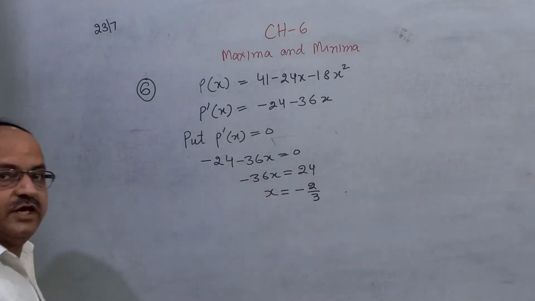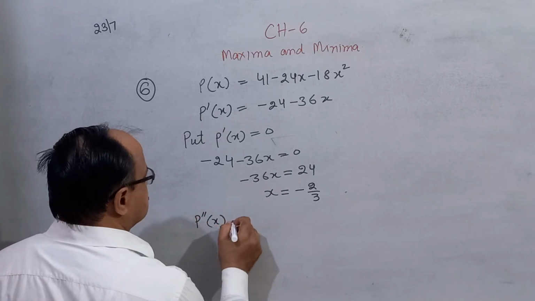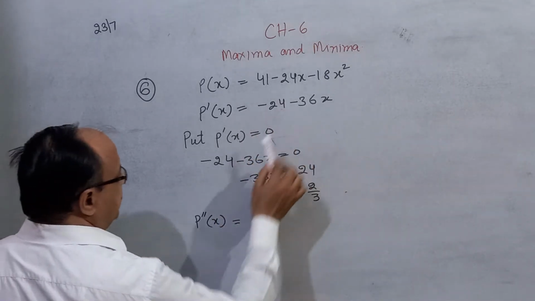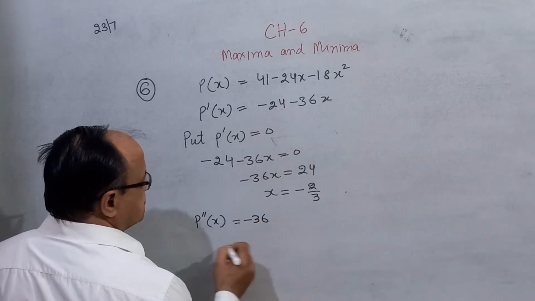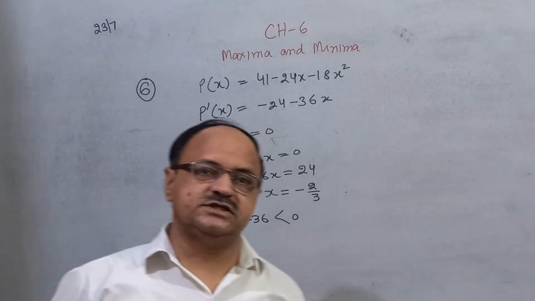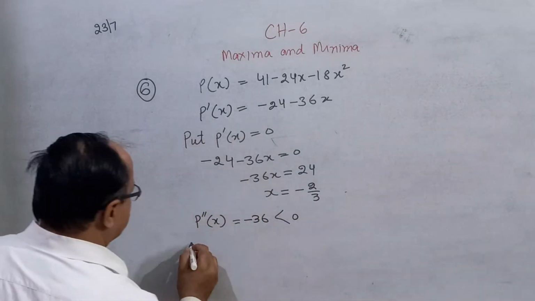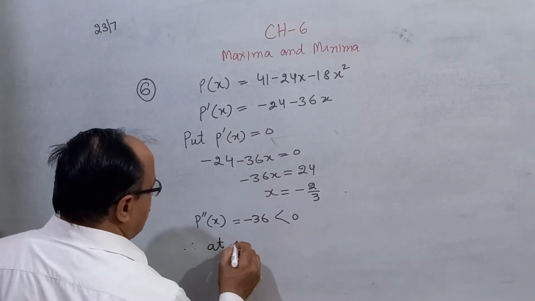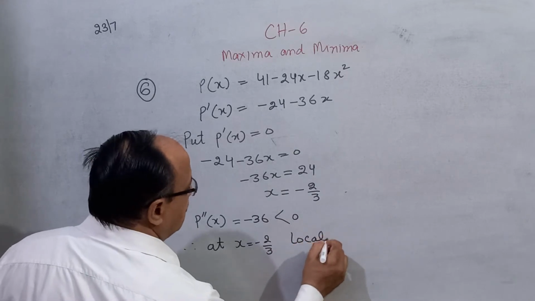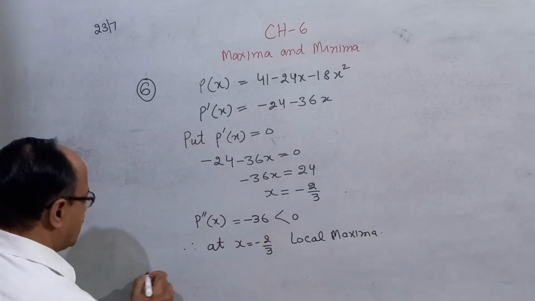Now find second order derivative, that is P double dash x. Second order derivative of this: the derivative of constant term is 0 and the derivative of this is minus 36. Therefore it is less than 0. If second order derivative is less than 0, it means maximum. Therefore you can say at x is equal to minus 2 by 3 local maximum, and the maximum profit